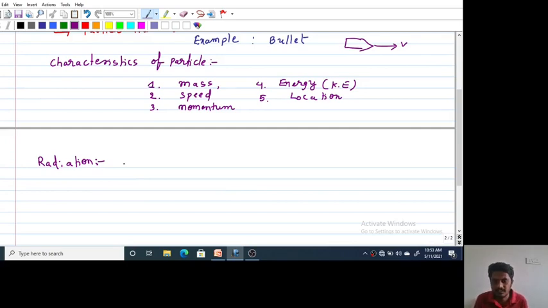Next we will discuss what is radiation. Radiation is of different types. It extends from gamma radiation to microwaves. Radiation has wave nature. Matter has a particle nature and radiation has a wave nature. So what is a wave? We have already discussed in the wave chapter. Wave is nothing but spreading of disturbance in the medium